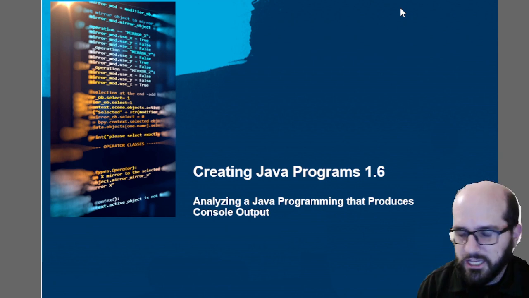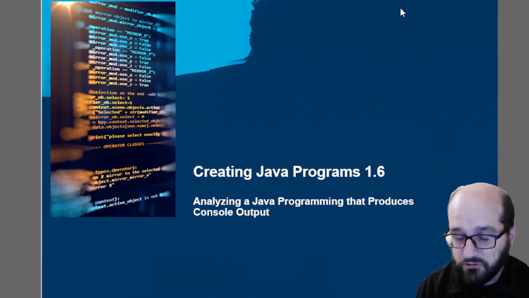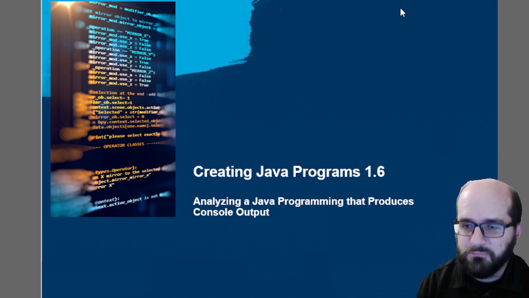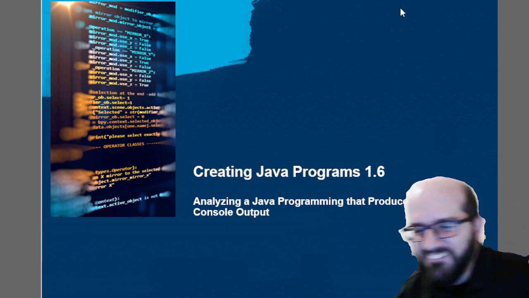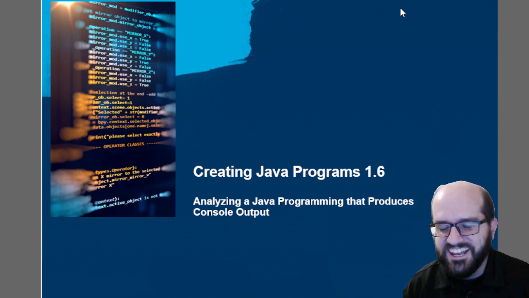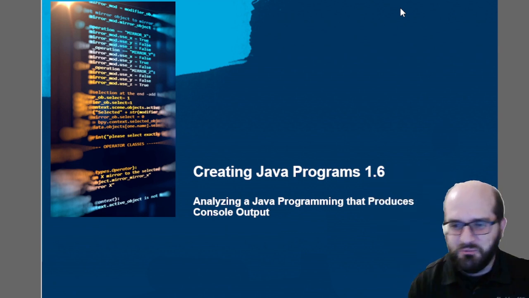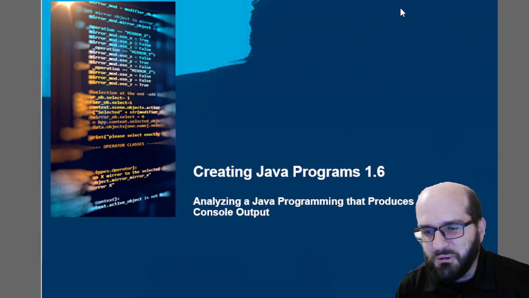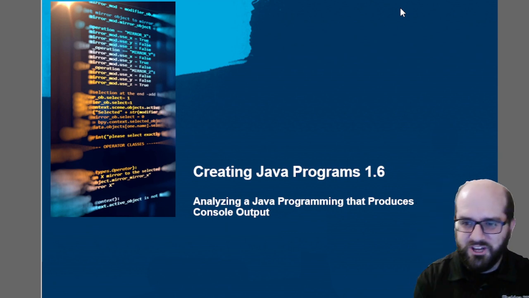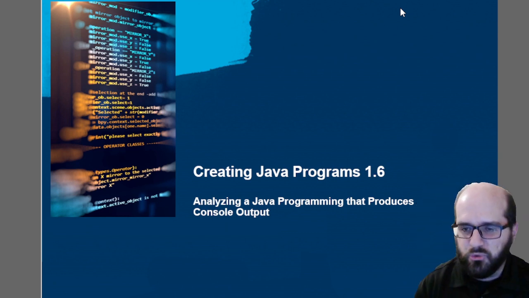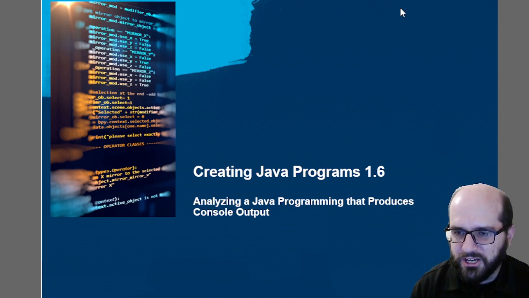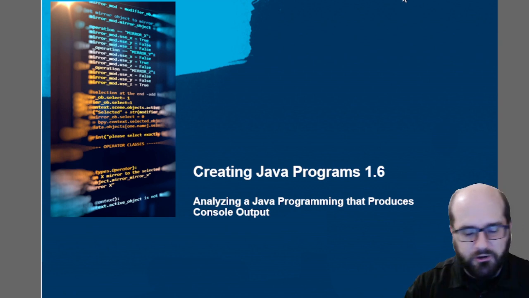I'm going to do one in Microsoft Visual Studio, and I'm going to do one in Visual Studio Code. Microsoft Visual Studio is a different program, which is also an IDE. But I'm going to do one in Visual Studio Code, and I'm going to do one in the embedded tool on the browser that you can use for class as well, through our interface, through our Minds app with